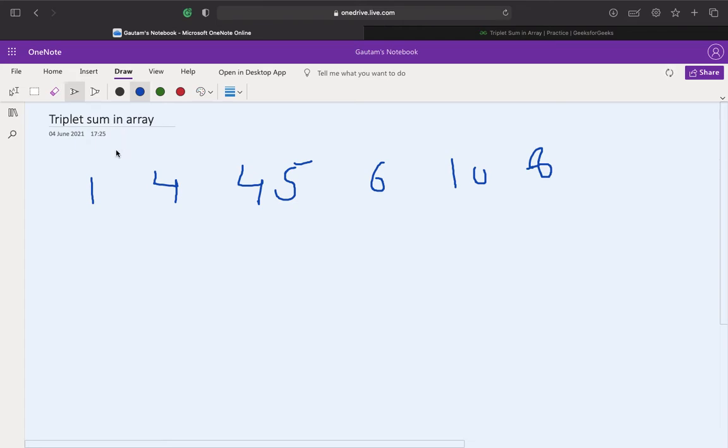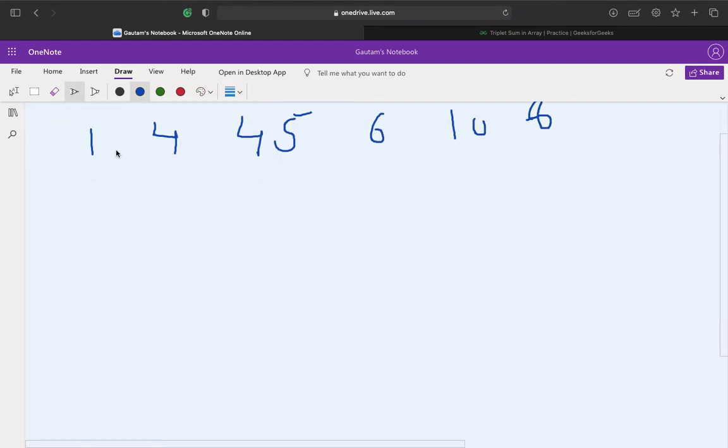To find the pair, we can either write two for loops, get all the pairs and check them, or we can sort this array. The sorted array gives us 1 4 6 8 10 and 45.